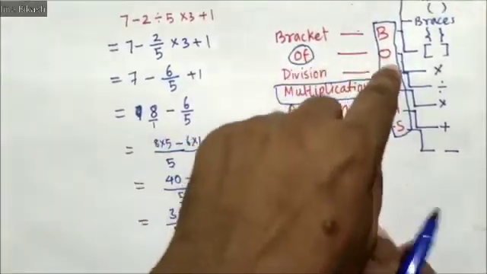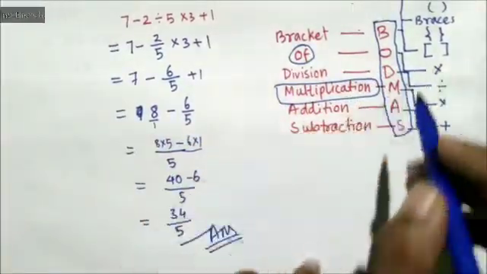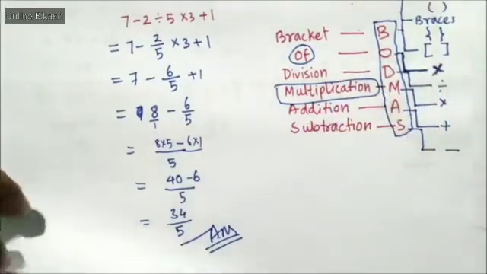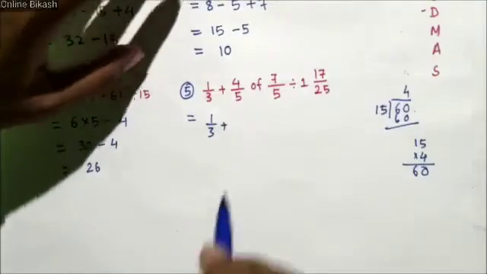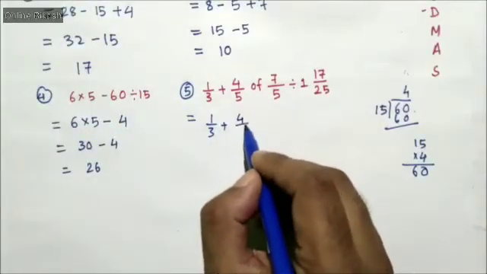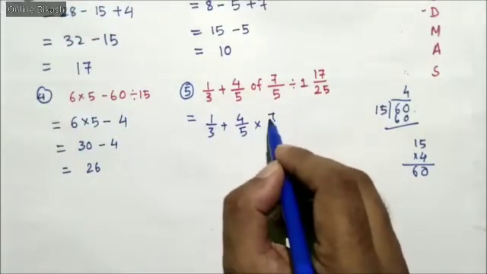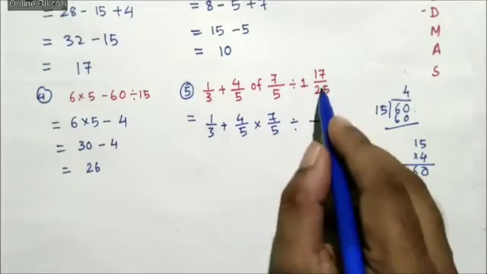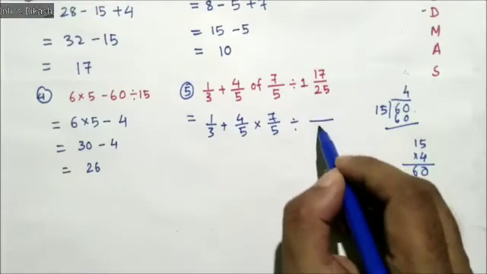Yes, 'of' is nothing but multiplication. Have I told you or not? This 'of' is nothing but multiplication. So the 4/5 multiplied by 7/5, divided by, let me change it to an improper fraction,